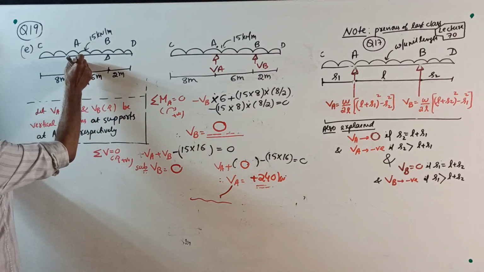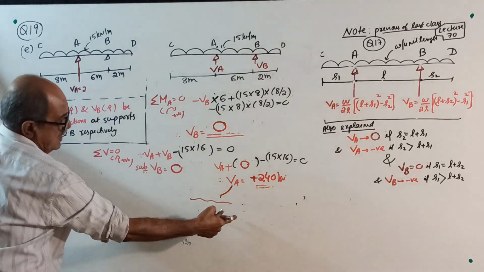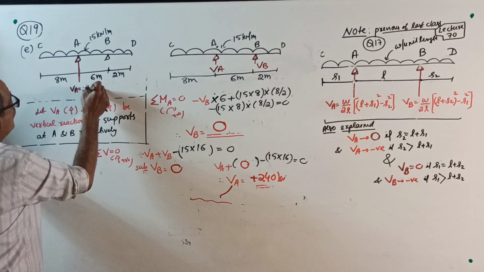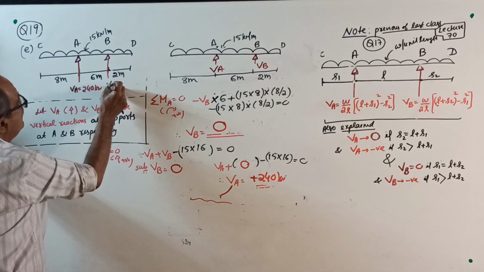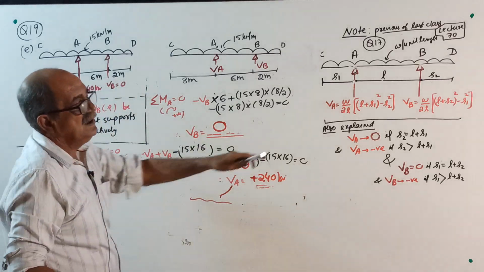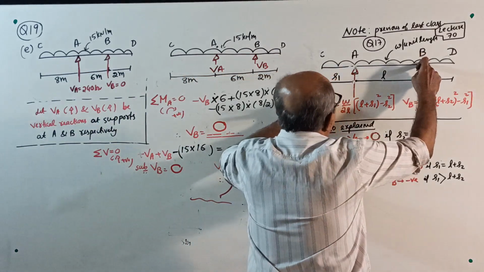There, right here. VA equal to 240, not in the original diagram, here you have to write. Never write in the original diagram. If you are that serious, write VB equal to 0. Okay, now come here. See, I told you VB will be 0